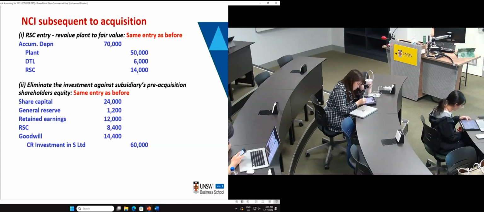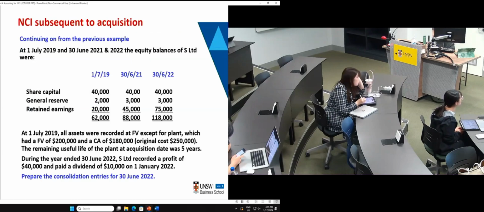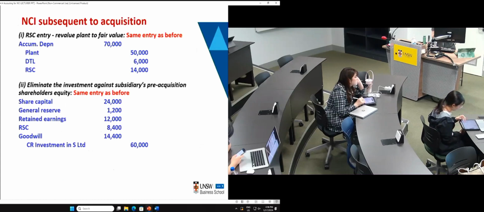As long as these equipment are still in the records of the subsidiary, you are going to repeat the same RSC entries in the worksheet every year. Now that is for 5 years, right? That's going to be for 5 years. And now this is actually the 3 years since the acquisition date. So the item is still in the records of the subsidiary, so we just need to repeat the same RSC entries as you have previously done in your worksheet on acquisition date, the same, right?